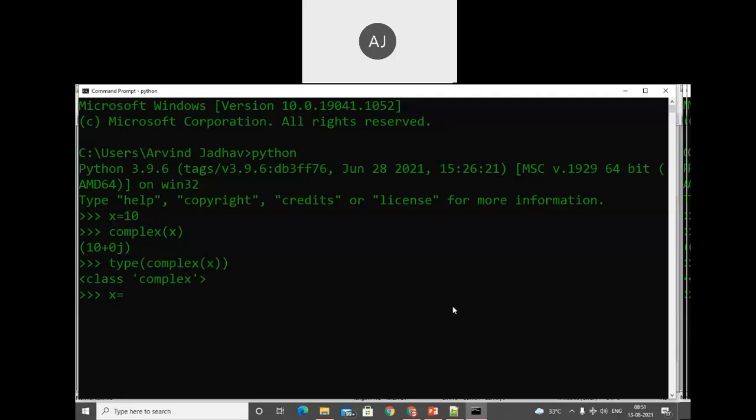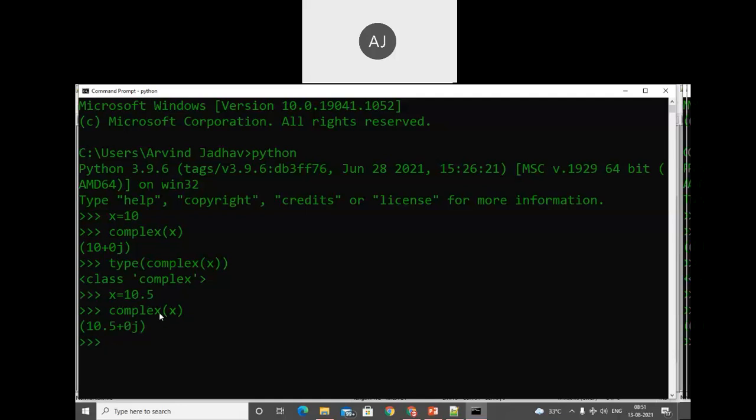Similarly, if you want to change the value, x is equal to 10.5. These are very important concepts. Whenever we try to convert this into complex of x, see, the current value of x is 10.5. That means we have a fractional value, and now we are trying to convert this fractional value into a complex number. We just need to check whether that value is valid or invalid.